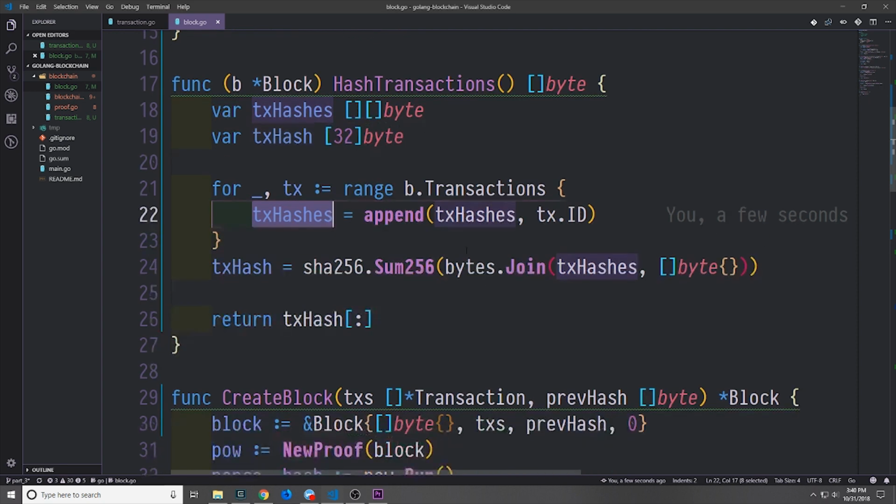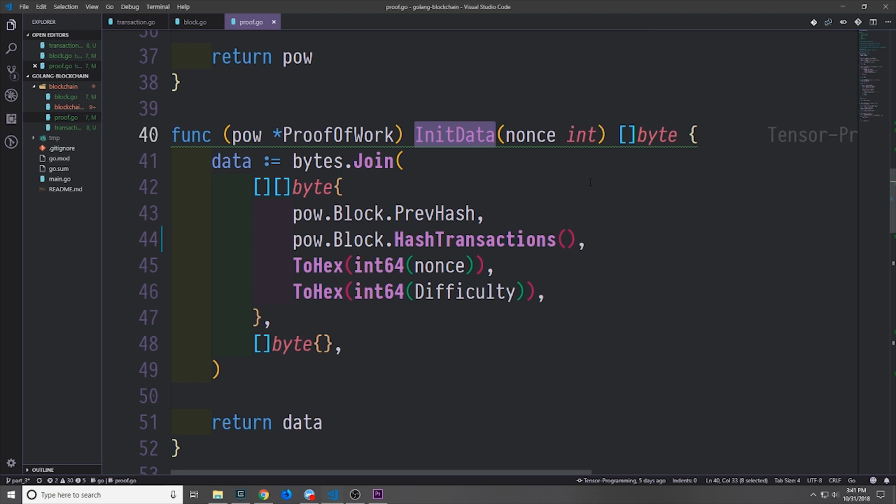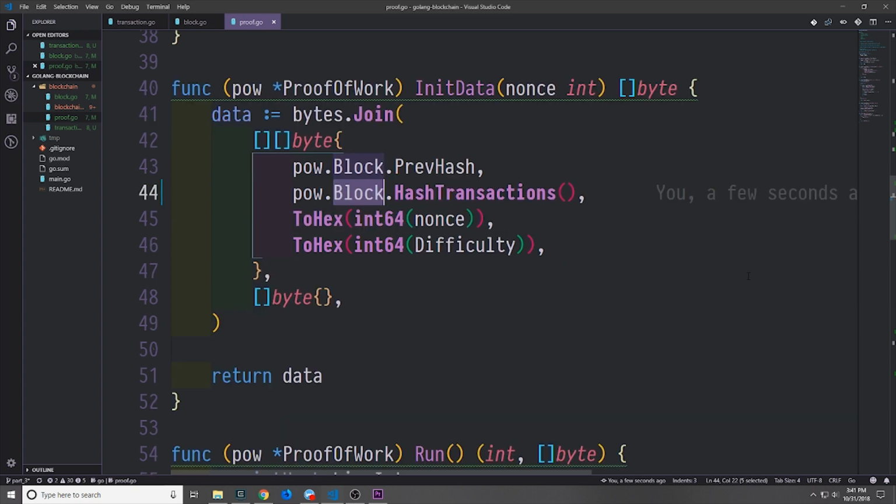And then we'll use the bytes join function to concatenate all of these bytes together, and then we'll hash them with our SHA-256 sum256 function to create the hash. Now if we go inside of our proof.go file and go into the initData function, we can call the hash transactions method that we just created to hash the transactions in a block and concatenate them with the rest